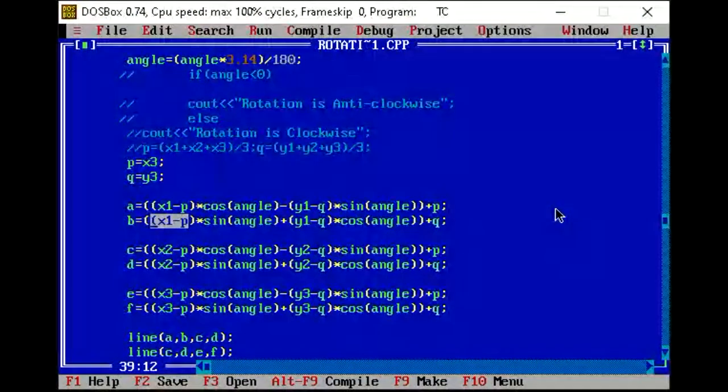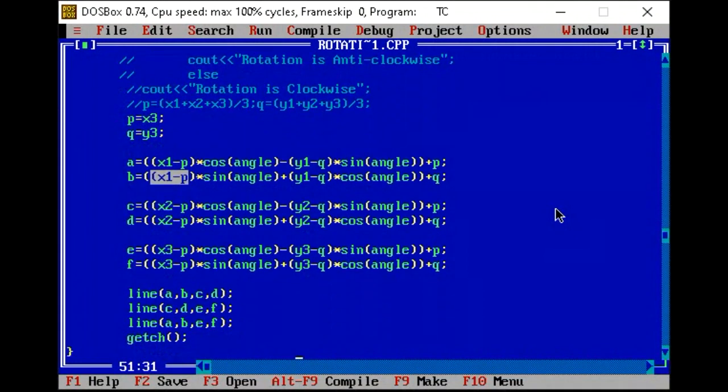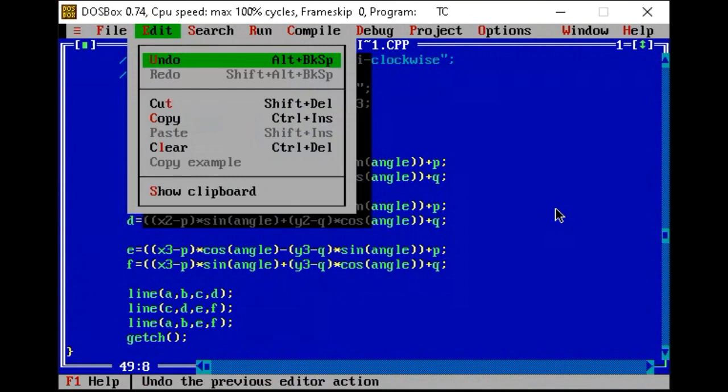it's very easy. You can easily calculate the value of C and D in the same way. The formula is same, just the points are different. The x1 becomes x2 and the y1 becomes y2. Okay, for E and F, the same thing is there. The x2 becomes x3 here and the y2 becomes y3 here. So the line is here. We can draw the line between the 2 points, that is A comma B, B comma C, and A comma C. Okay guys, now let me show you the output now.